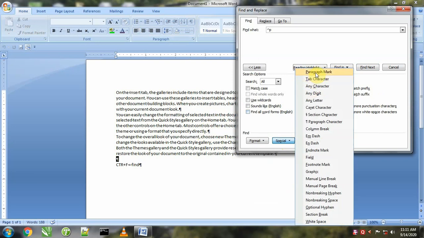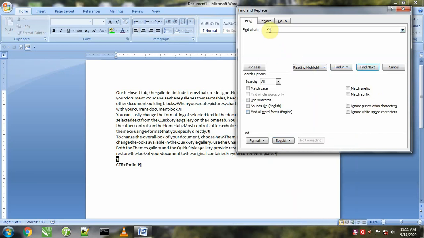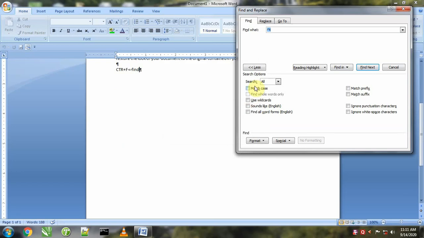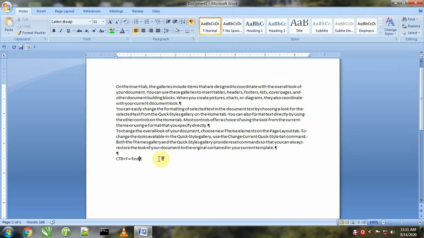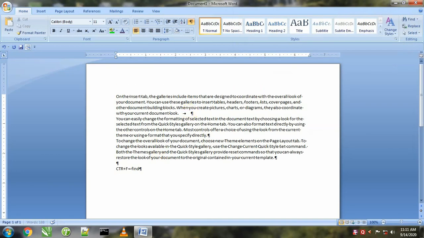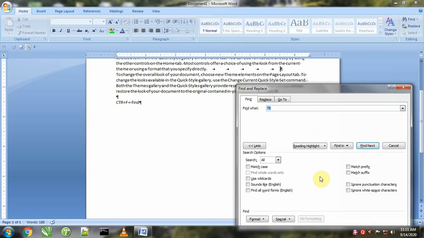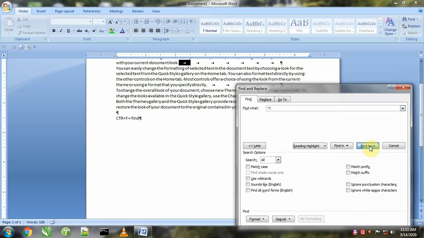If we say tab character, in this case it will look for all tab characters present in the paragraph, but here there are no tab characters. So for this, first of all I will put in some tabs like this, and then again we'll press Ctrl F and look for tab characters. So it will show tab characters one by one like this.